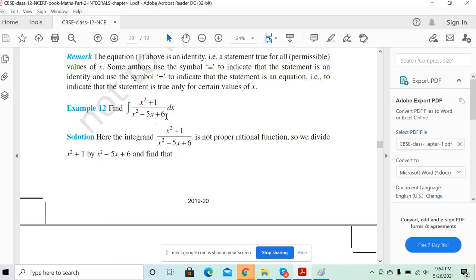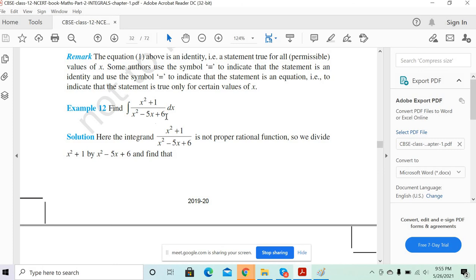Is it in the form of partial fractions? We remember we discussed that the degree of the numerator has to be 1 less than the degree of the denominator. Right? Now both degrees are the same, so it is not a proper fraction. So we need to get it into a proper fraction, such that the numerator degree is lesser than the denominator's degree.